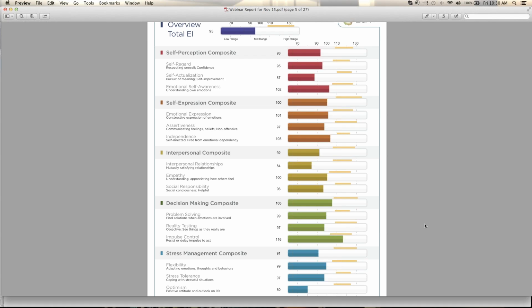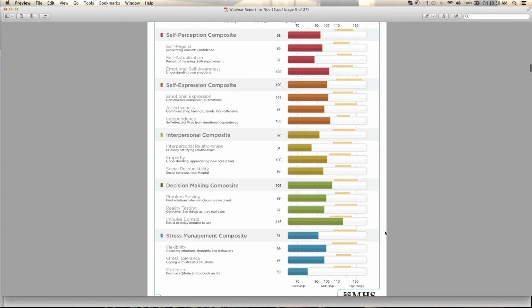So that's the potential problem with a high score. We don't immediately assume that all high scores are negative or that they impact people in negative ways, but we do want to consider, first of all, for ourselves, and then possibly out loud with our clients, what the potential negative might be there.